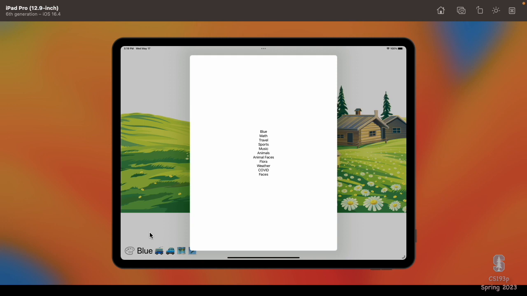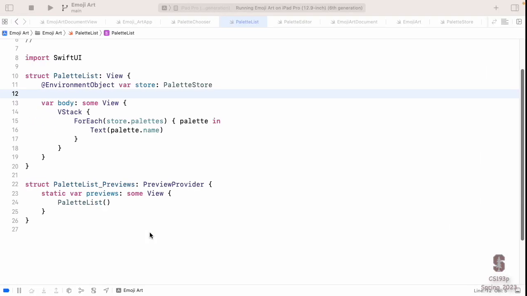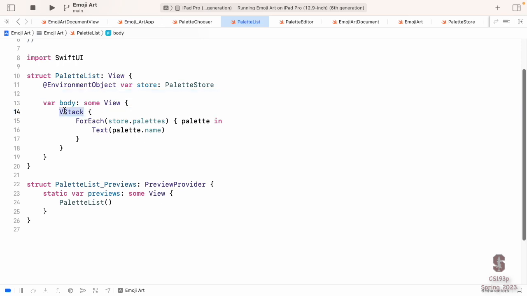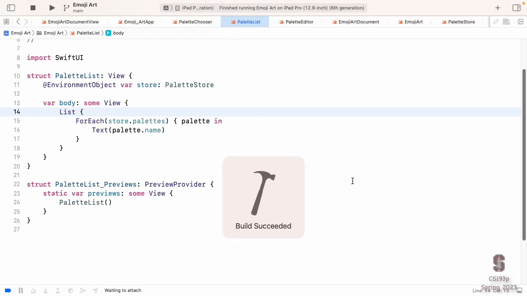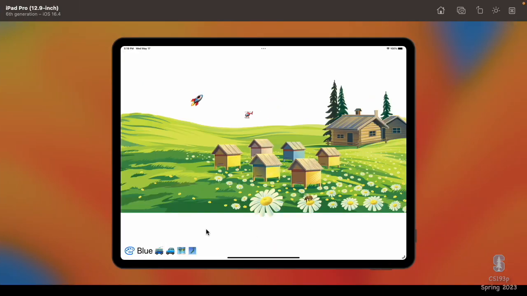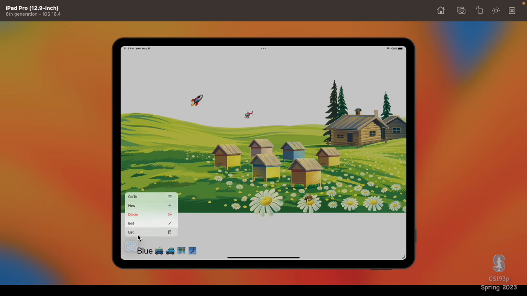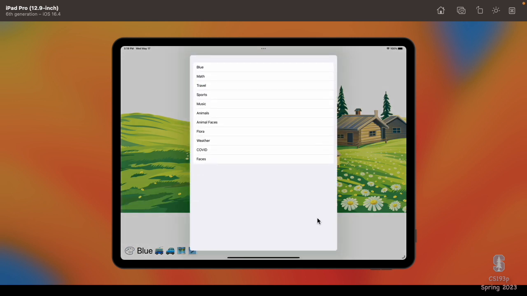Anytime we have a list of things, we're going to use a different SwiftUI view called List. See what that looks like. Woo, much nicer lines. And again, the gray background and white.